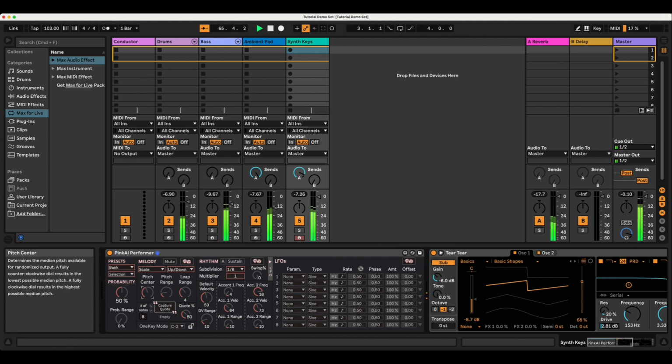Pitch center adjusts the middle notes within your pitch range. As you raise pitch center, the notes get higher. As you lower it, the notes get lower. The pitch center adapts to the chord generated by the conductor, so there's no absolute value listed in the parameters